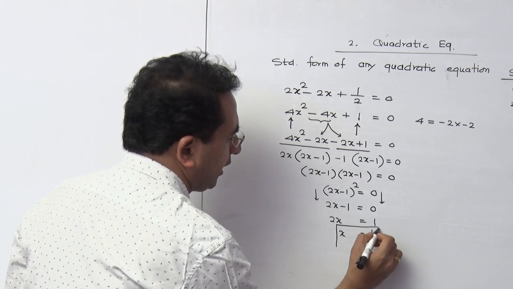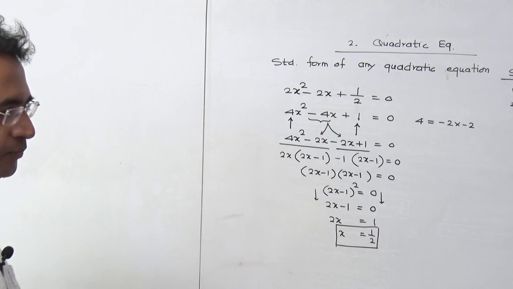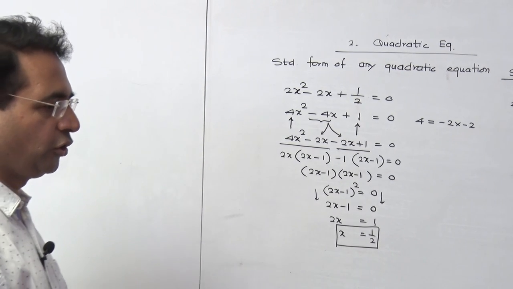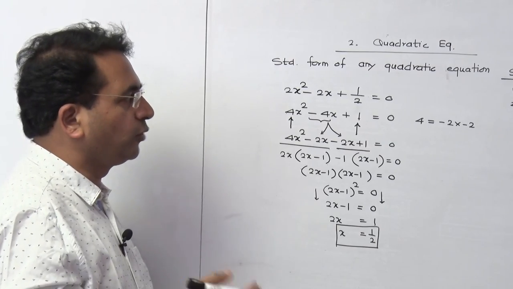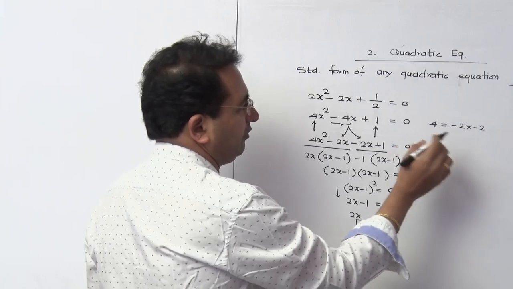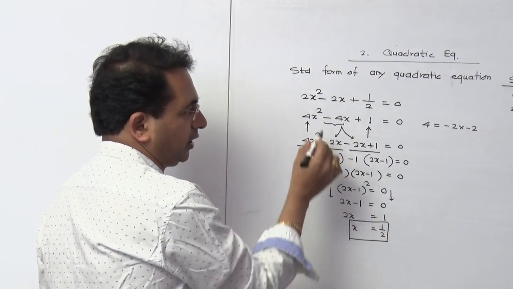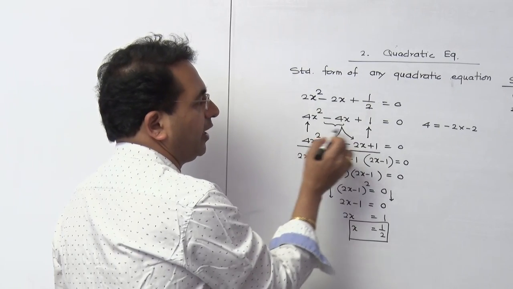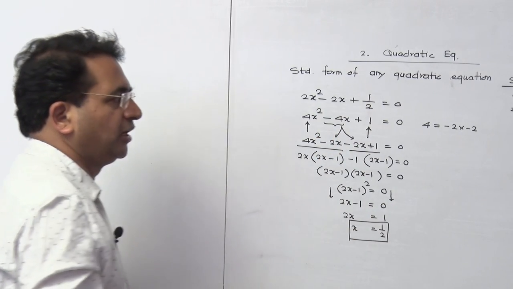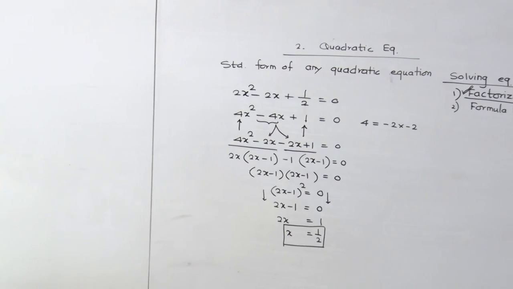For any quadratic equation, remember one thing: the number of answers you are going to have. In a few questions you get only one answer. In the earlier question, normally we get 2 values of x. But if it is a perfect square, and this is definitely a perfect square, that's why you are getting only one answer for the quadratic equation. Is it clear to you?